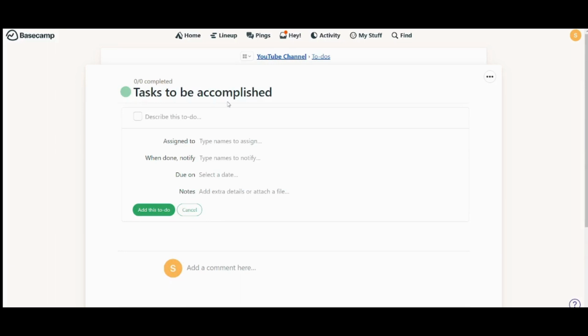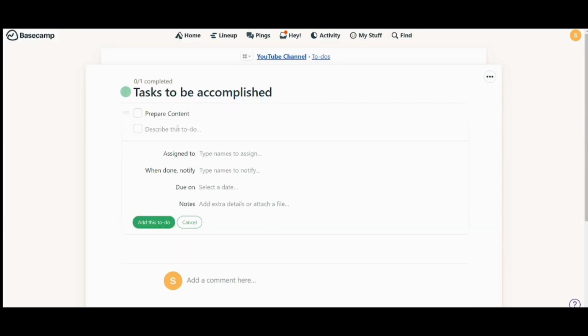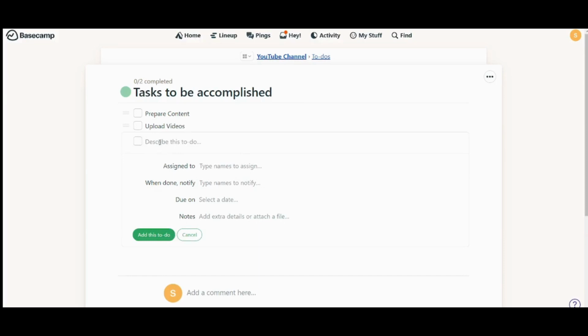So here I can insert some tasks like prepare content. I will press add to this to do. Then I will also insert maybe upload videos. And finally, I can say prepare for next video. So basically here I have 3 tasks that I can check whenever I finish any of them,